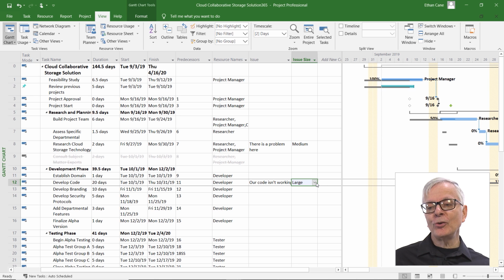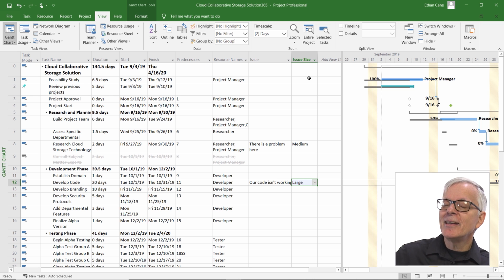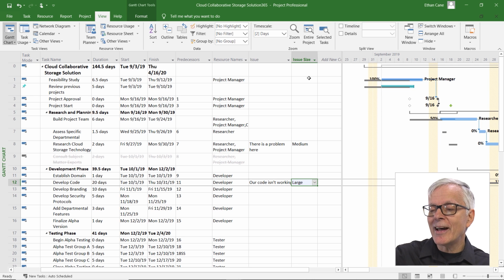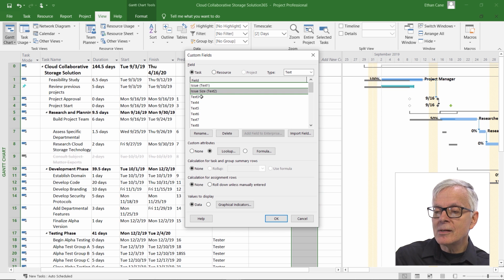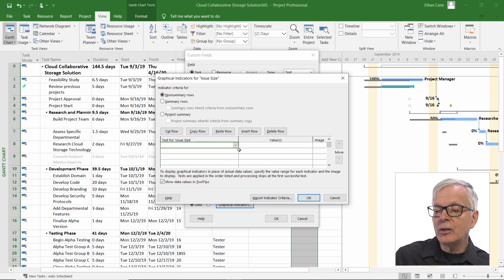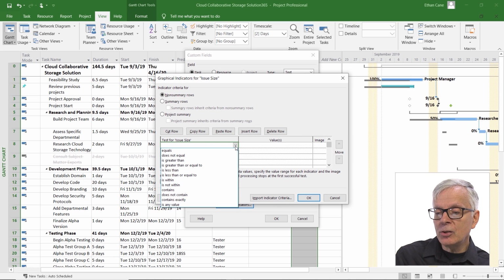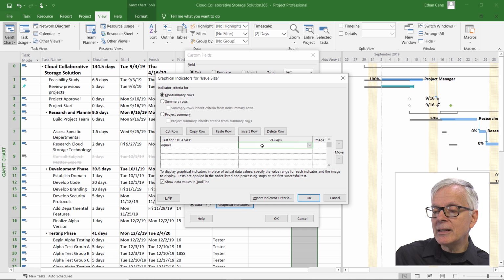Now, in addition to a drop-down, you can also add a graphic. You can add smiley faces. You can add all sorts of things instead of the actual text. You'll still see the text in the drop-down, but we're going to customize this particular custom field. Right-click Custom Fields, selecting that issue size, but I'm going to choose Graphical Indicators. And for issue size, when the cell equals